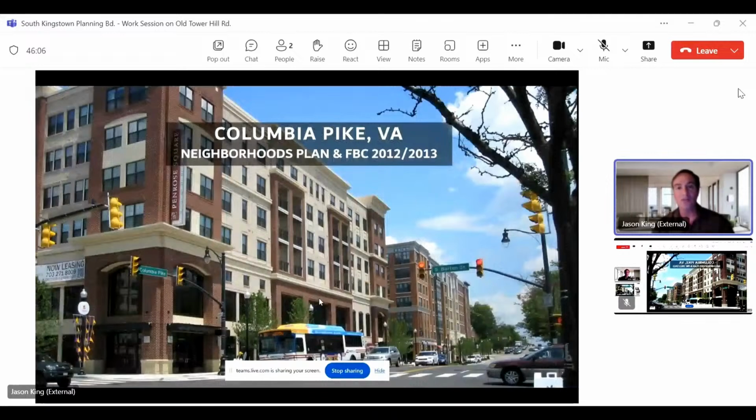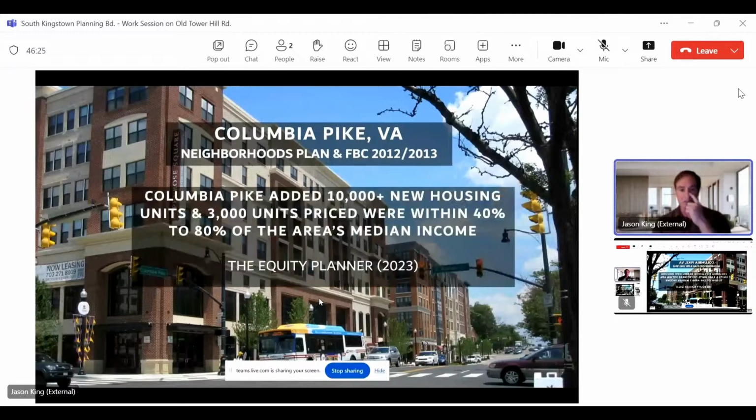This isn't to say, we did work on the plan for Columbia Pike, Virginia, and a form-based code there. That's different, right? They decided to go much higher, to build much bigger. I'm doing a form-based code in Macomb County, Virginia, not very far away. It's going to change a mall into a 10-story residential area. And that's the height that made sense to them. That's the height that they decided on. Columbia Pike is at 10,000 units. And it had a real commitment to affordable housing.